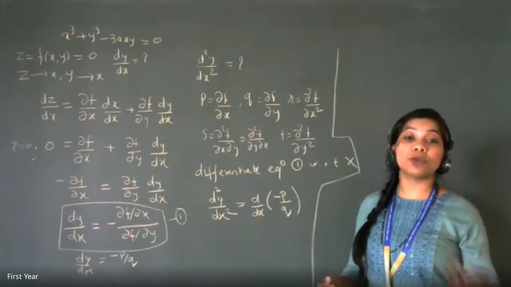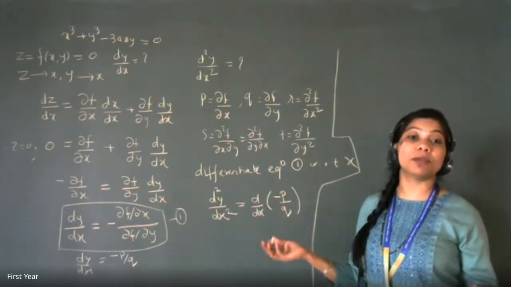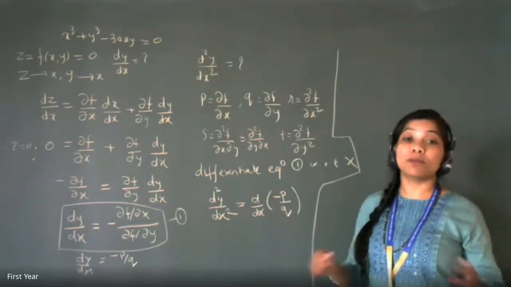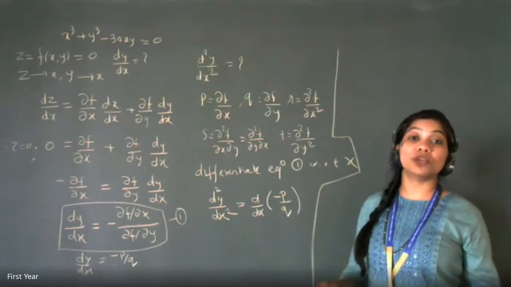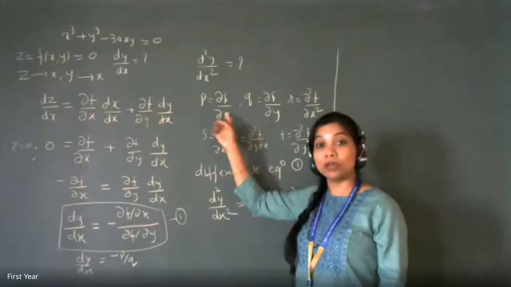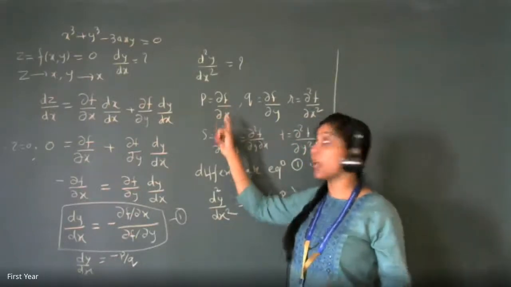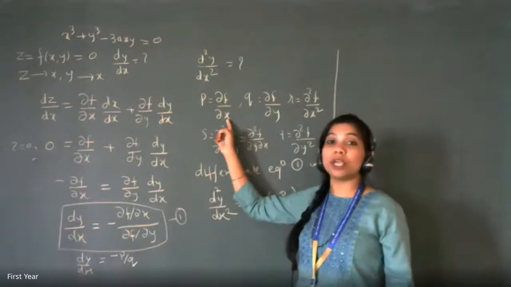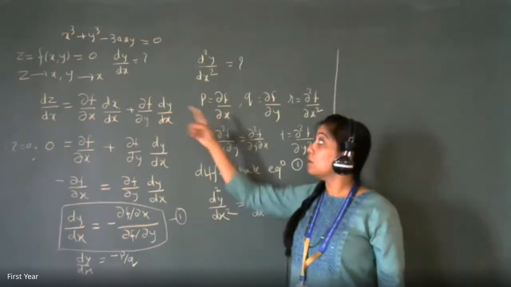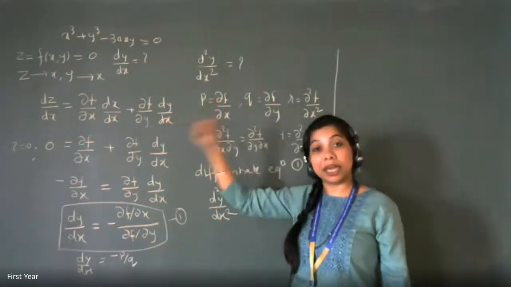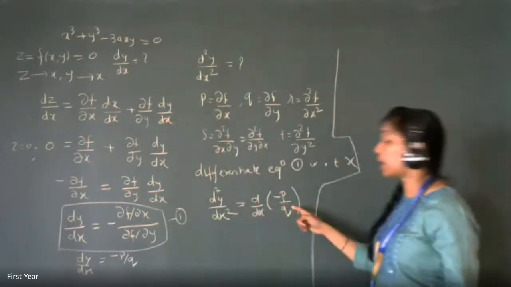So suppose if it has only x, then the derivative with respect to y will become 0. If it has only y, then the derivative with respect to x will become 0. But what is the most general equation that we can get? It can be a function of x and y both. So we have to take that into consideration. We cannot consider only x, because here there is x so you might think it depends only on x. The function f depends on both variables, so both variables can come in the derivative as well. Therefore we have to take care of both of them.